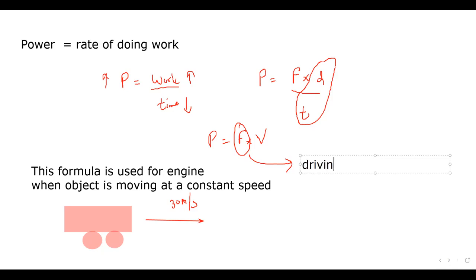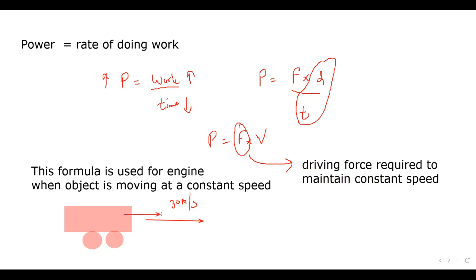It's a driving force which is required to maintain the constant speed. It's not the resultant force, because when an object is moving at a constant speed, the resultant force is zero. But what is this force? This is called a driving force, which is required to produce